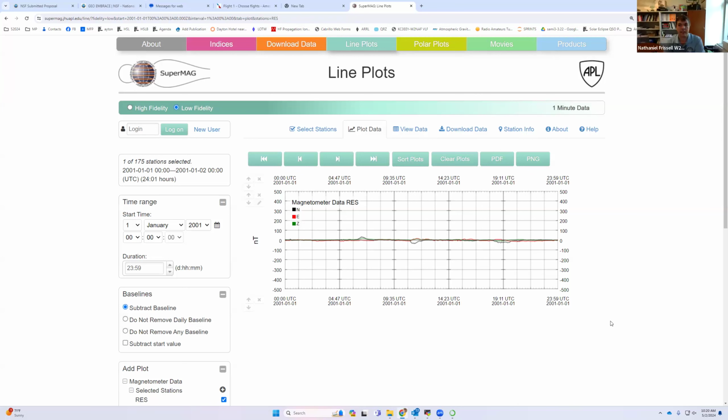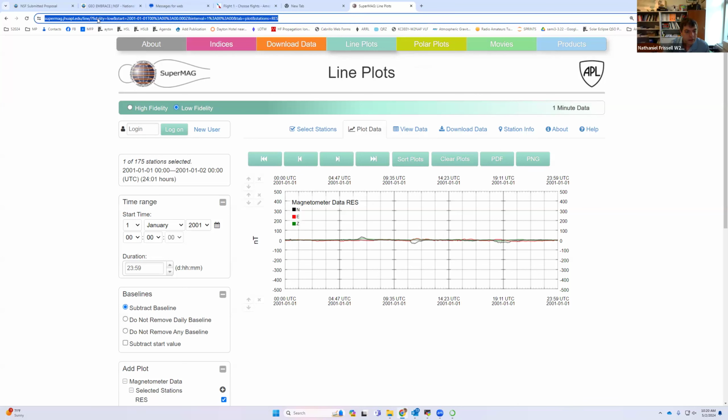Yeah, but this is a really good website, in terms of, if you're wondering how magnetometer data should look, this is a good website for that sort of thing. Okay. Because this is run by people who really know these things. Can you put that in the chat so I can get a reference to it? Sure. They also have,